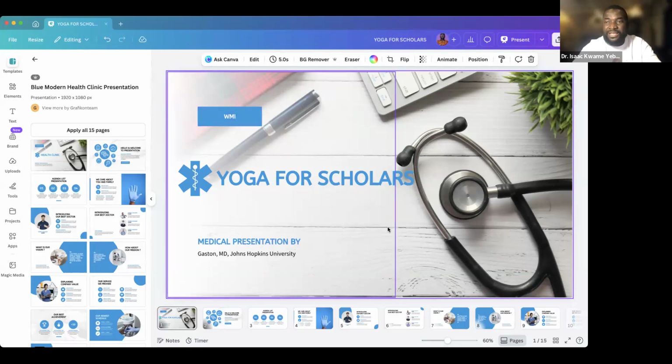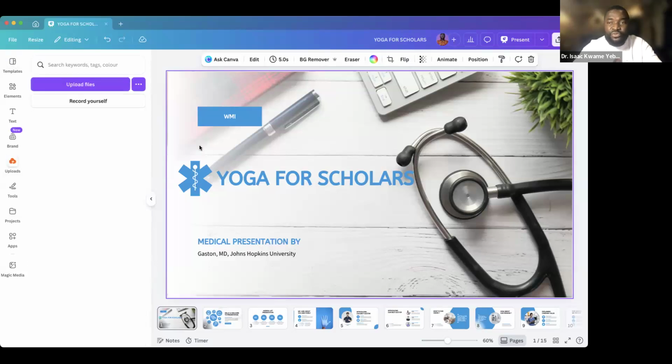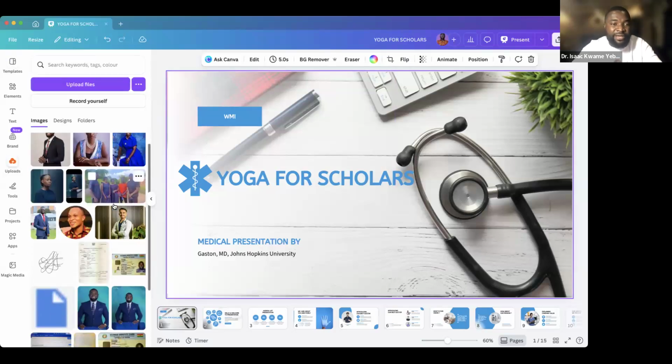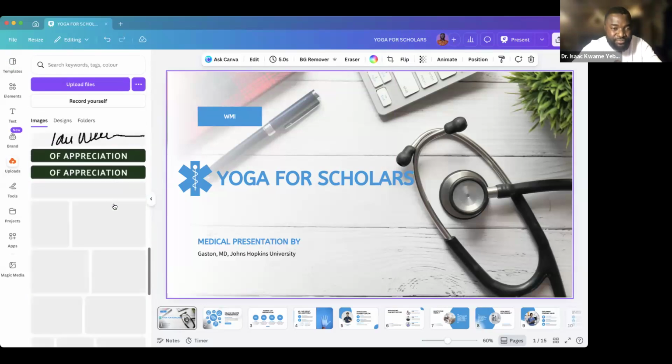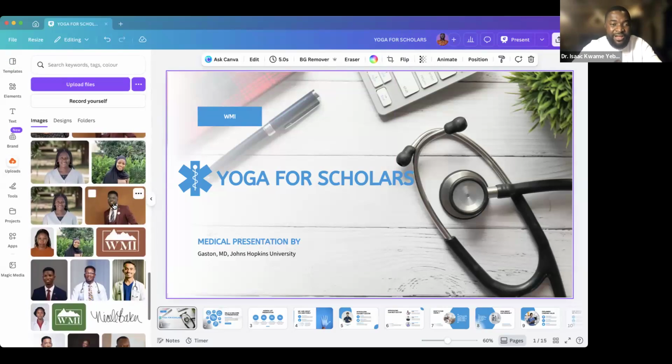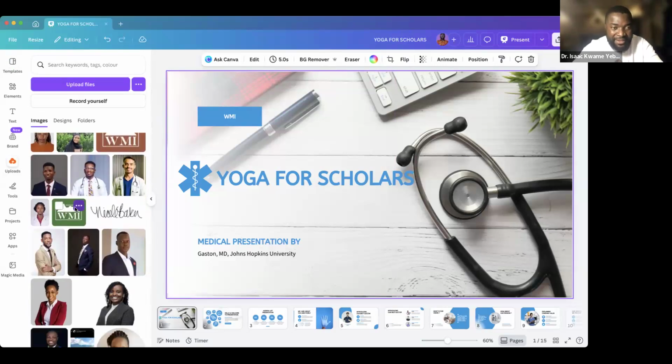So yes, the last time we also spoke about uploading a logo, uploading a picture, and this time around we are going to do the same. So on your left side, you have the upload icon. So let's go. We want to upload the BMI logo to our flyer or our PowerPoint presentation. So you just click on it, then